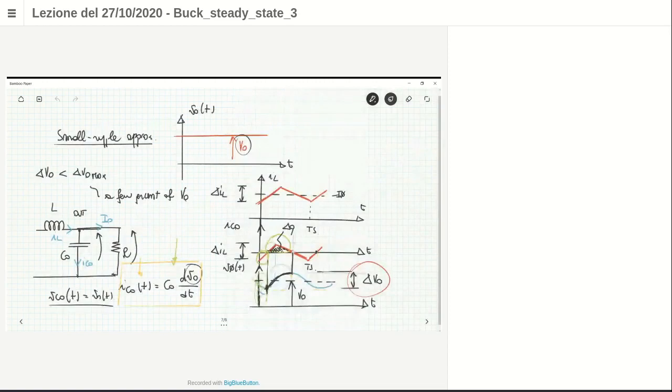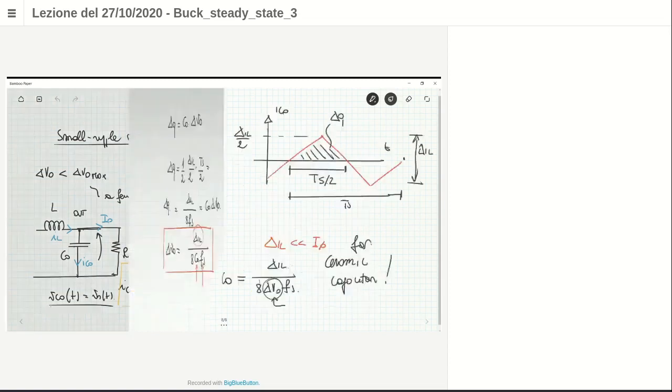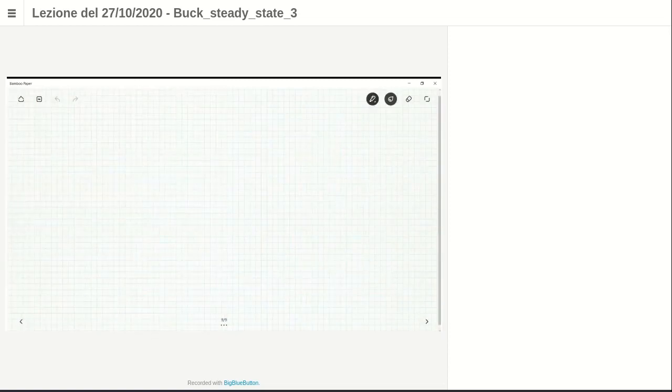And if you have a ceramic capacitor, the output ripple has exactly this waveform here, an oscillation at the frequency Fs superimposed onto the average value. And so you can recognize that if you have an output voltage that has this behavior, then you have an output capacitor which is a ceramic capacitor. But what happens if instead of having a ceramic capacitor, you have an electrolytic capacitor? For electrolytic capacitors, then you have the ESR. So we can say that more or less you have this behavior. In that kind of situation, which is the situation you can have most often at the time,